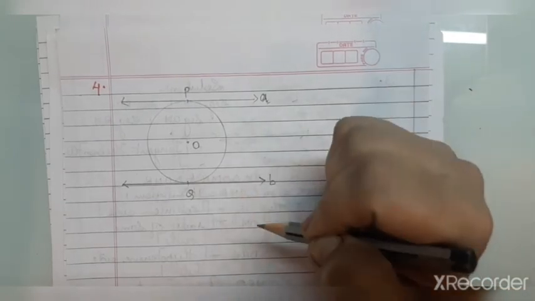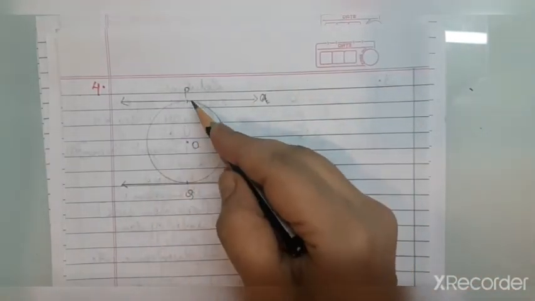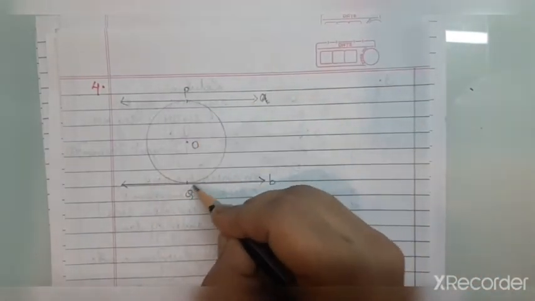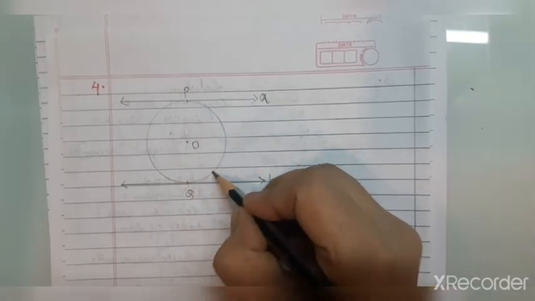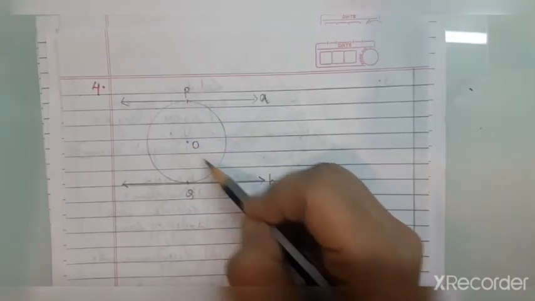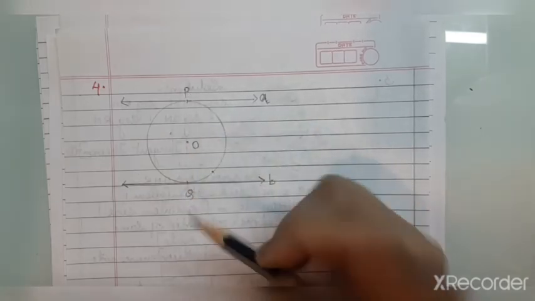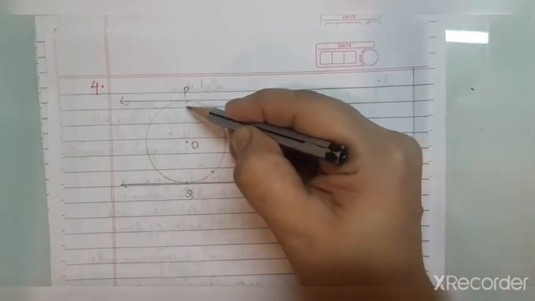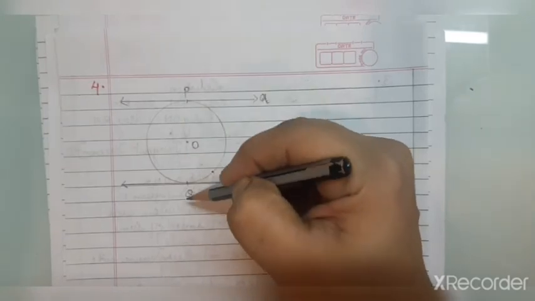So we need to first prove that P, O and Q, these 3 points are collinear points, because this Q can be anywhere. So if the Q is somewhere else other than this position, for example here where I am showing the pointer, and P, O and if Q is here, we cannot add to get the distance between the two parallel lines. So in that case, first we need to prove that point P, O and Q are in a straight line.